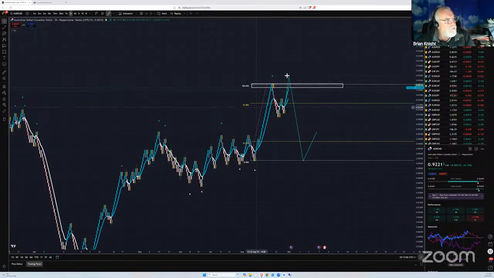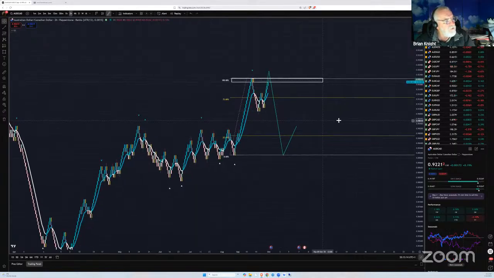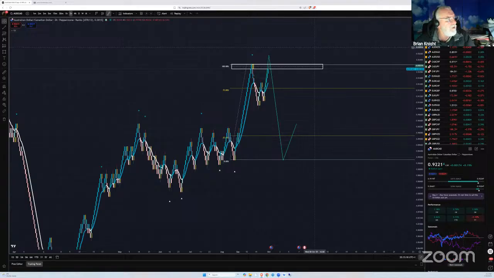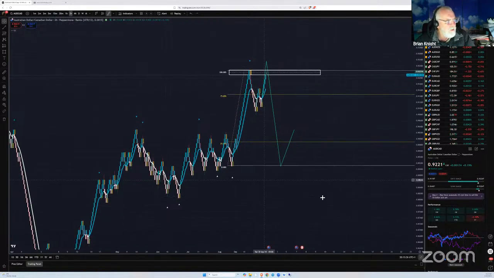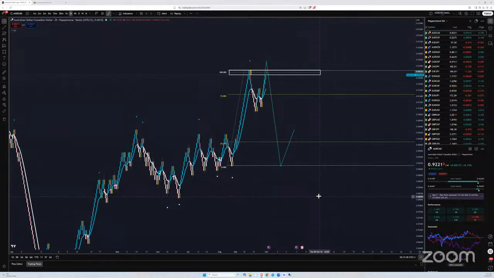So, explain again this top section between 75 and 100 and this 25 to 0. Let me try and get this straight. Are you saying if it's in this top section, we're talking buys? If it's in the bottom section, we're talking sells? No, no, no. Okay. What I'm saying is